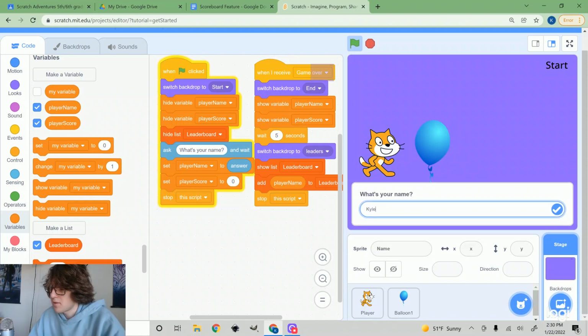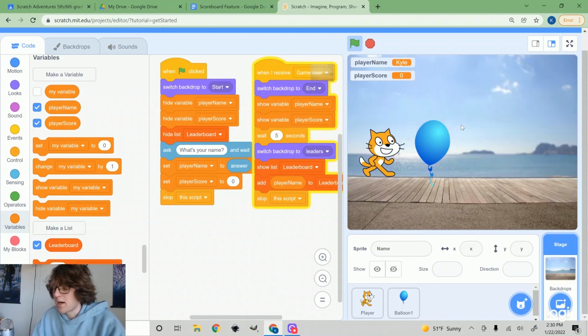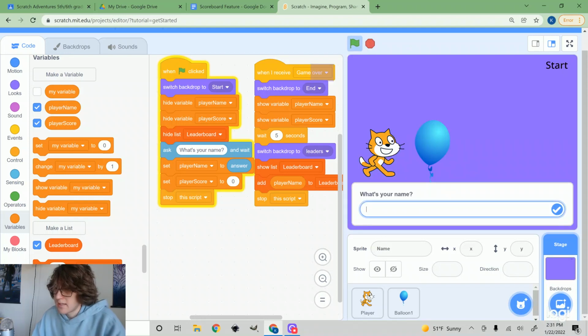So if I type in Kyle, we start, the game is going, I hit spacebar to end the game, we have the game over screen, then after 5 seconds, we switch to the leaderboard, and now Kyle is on the leaderboard. If I were to stop and start again and type in a different name, like, not Joe Bob,